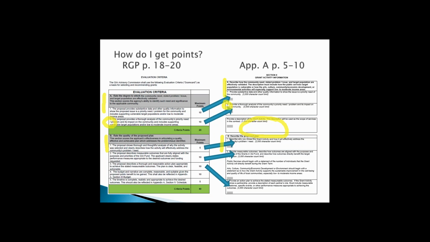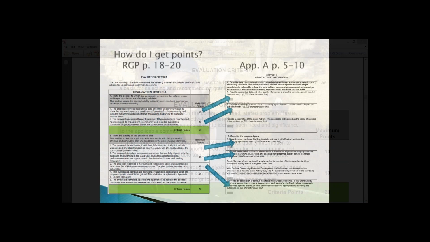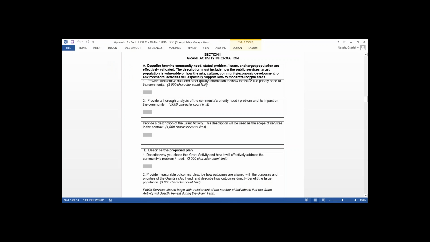Okay, I have returned, and now that you see how you get your points, it's basically by filling in the Appendix A, which I'm going to click to once I erase my drawings and change my pointer. The document I have on the screen now, which is your Appendix A, is what will provide the information for the commissioners to decide how many points to give you. So the best thing you can do is spend your time answering these questions concisely as well as clearly,